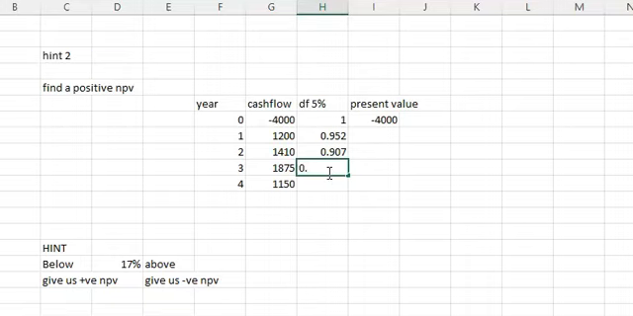So in year 3 it will be 0.8864. In year 4 it will be actually 0.23. Then you multiply 1200 by 0.952, it will give us 1142.8. Then 1410 multiplied by 0.907, it will give us